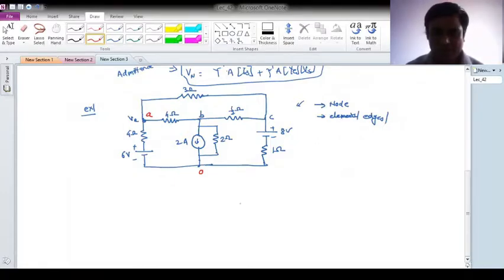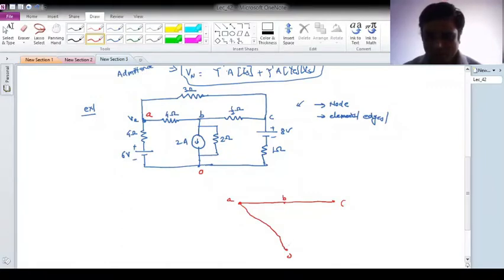So how to draw the graph? First write the nodes, means plot the nodes. These are my nodes. Okay, and then each node draw by a single line. This is one line between node A and B. Okay, A, B, C and O. There is again one more single line from B to C, then there is a line A to O, then there is a line from C to O, then there is a line from B to O, and one more line. This is from B to C.